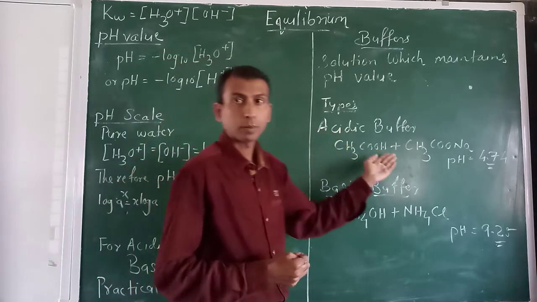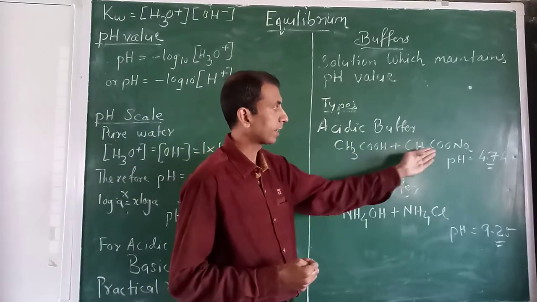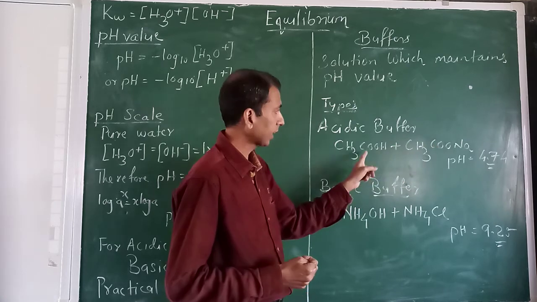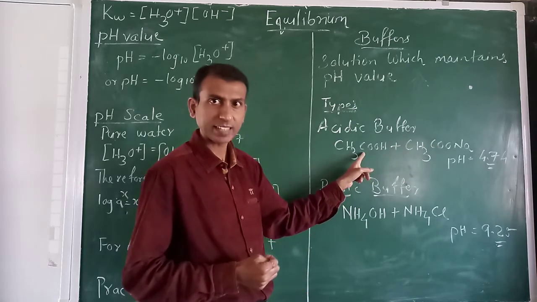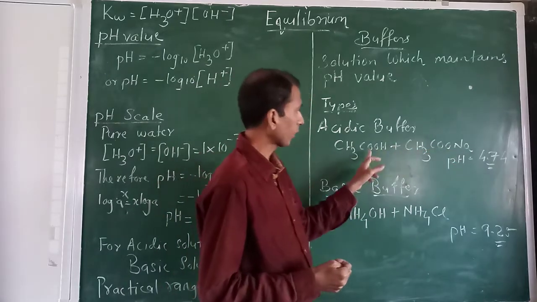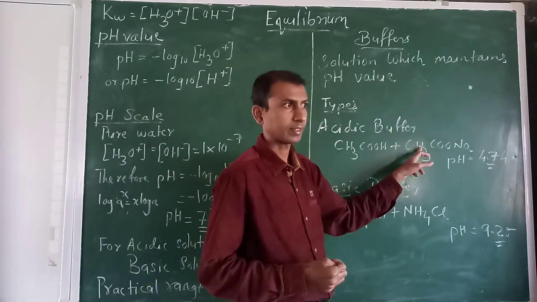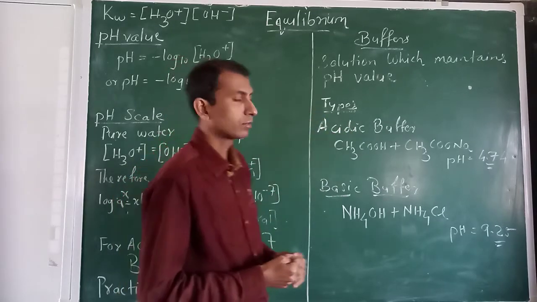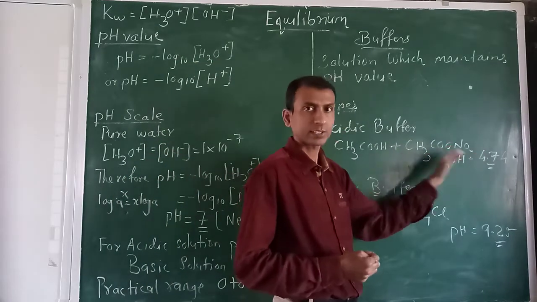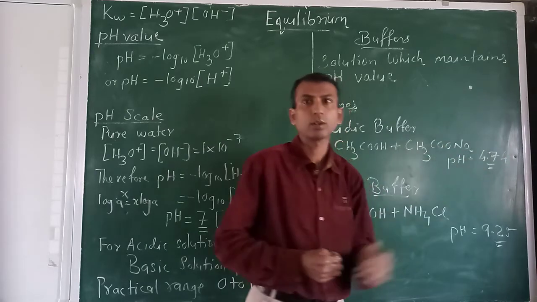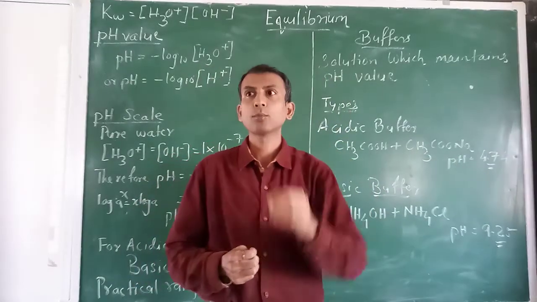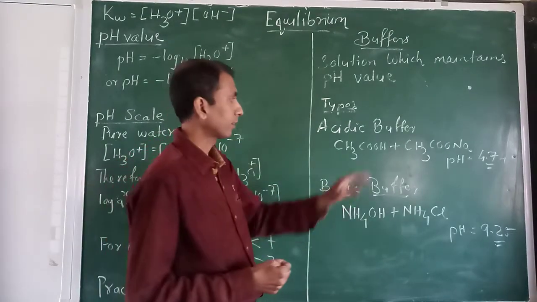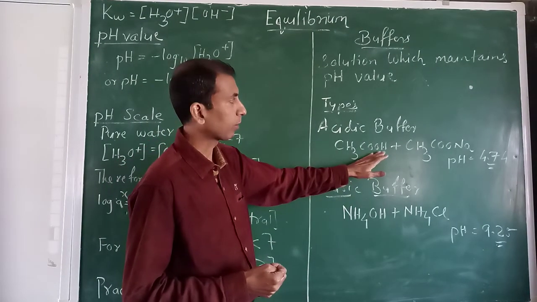And how do we prepare an acidic buffer? You prepare a mixture of acetic acid and its salt. Acetic acid है, a weak acid, and this is a salt of acetic acid called sodium acetate. So this mixture will give us an acidic buffer, and the pH value for this acidic buffer is 4.74. मतलब अगर कोई मीडियम में हमको एसिडिक मीडियम मेंटेन करना है कोई प्रोसेस में, so you have to add acidic buffer in that medium.